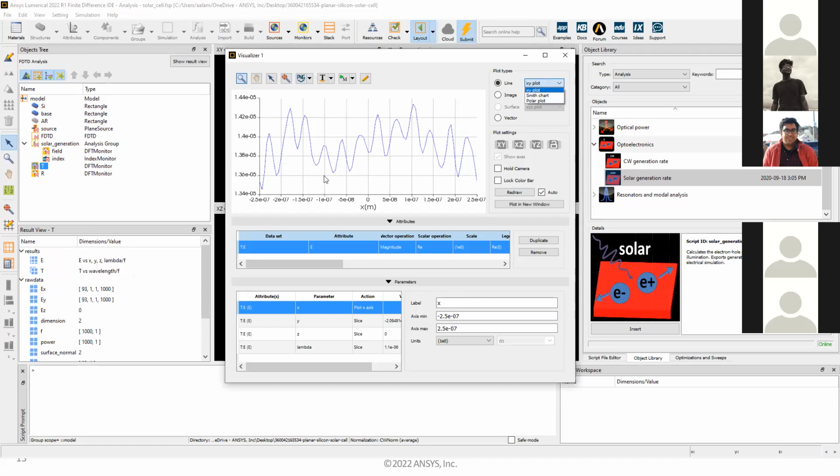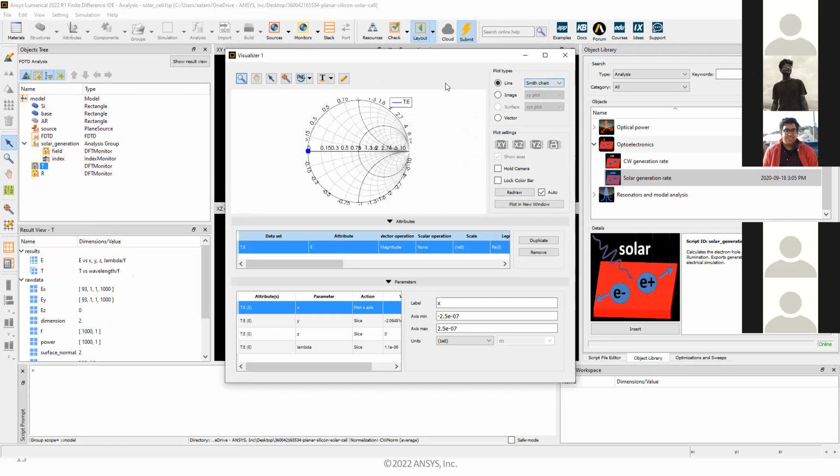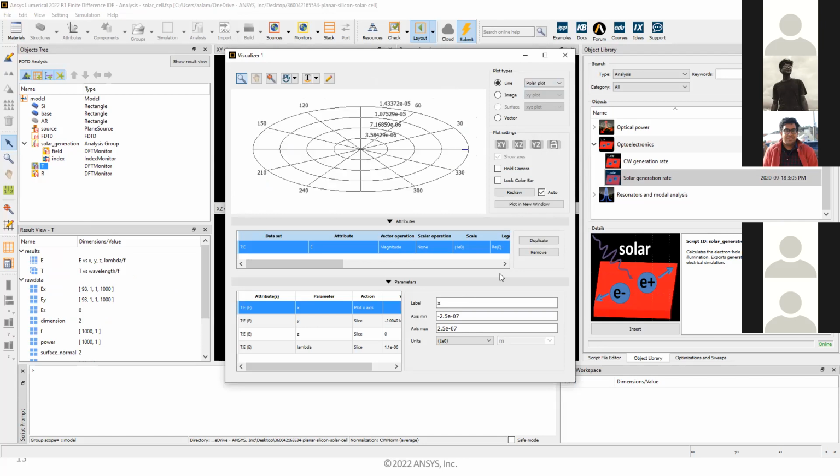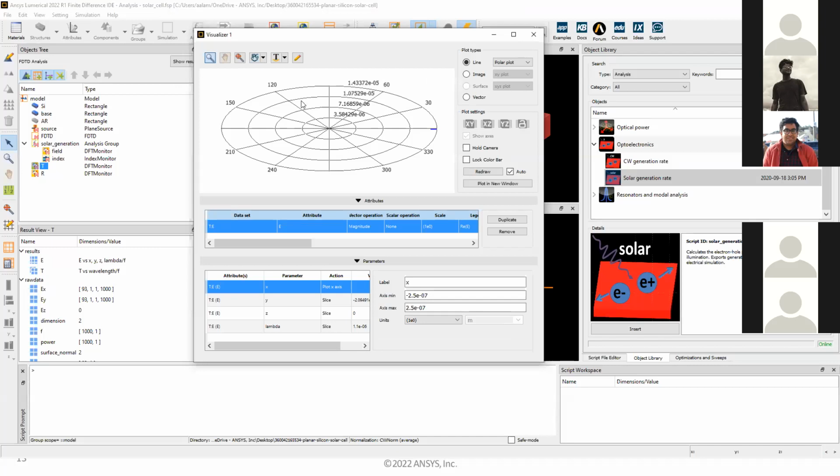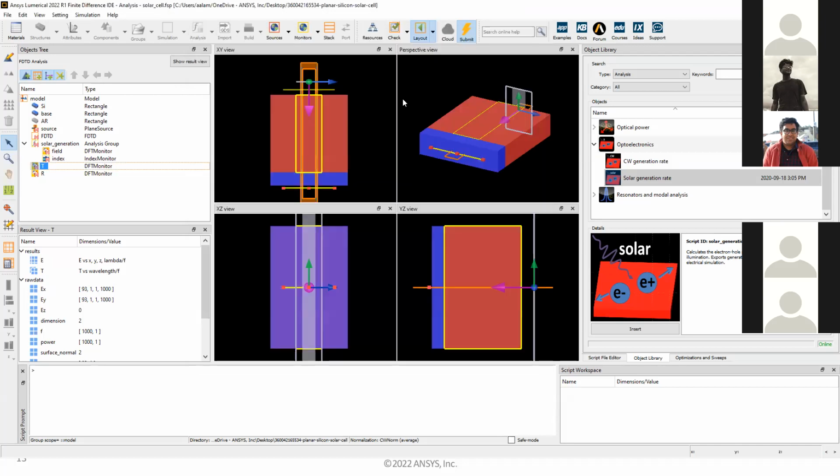If you do a 2D profile of your scattered light, this is where you can choose a polar plot and see if it's getting reflected in a particular direction, like a balloon shape or whatever way your light is getting reflected. You can plot that from this option here. All right. Okay. Thank you for that.